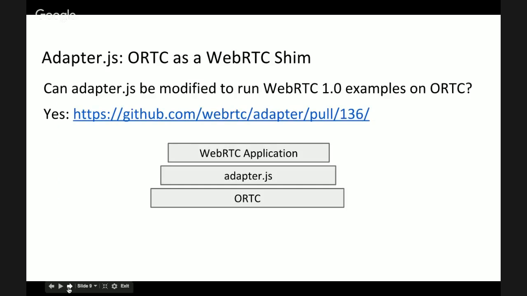Next. So people ask, why spend so much time on 1.0 compatibility? The reason is that we're trying to provide the WebRTC 1.0 API as a shim on top of ORTC, and there's a pull request for that. One thing you notice when you look at that pull request is that every little difference between 1.0 and ORTC reflects itself in some extra code that FIPO has to write for the shim. So it's both painful and potentially could create corner cases that can't exactly be mapped. So we try to be fairly meticulous about maintaining compatibility with 1.0 to not torture FIPO and the rest of us.